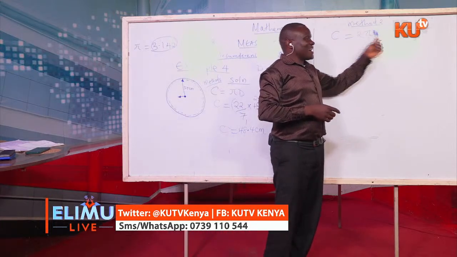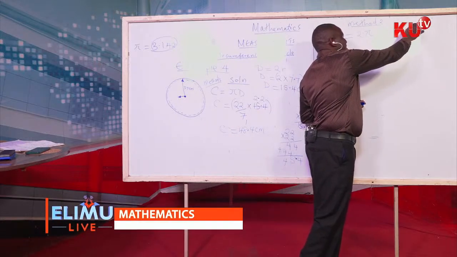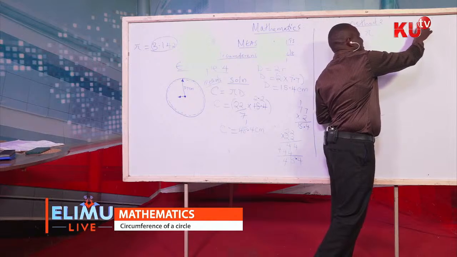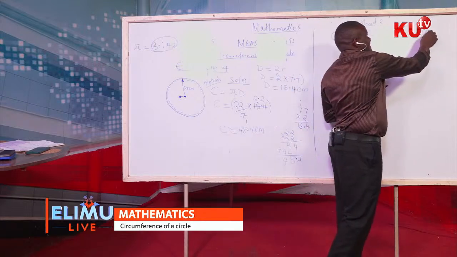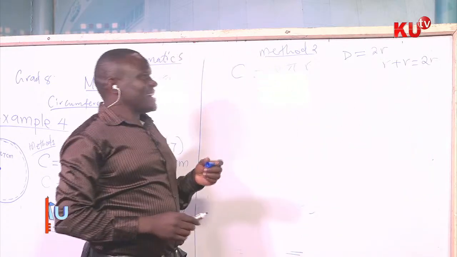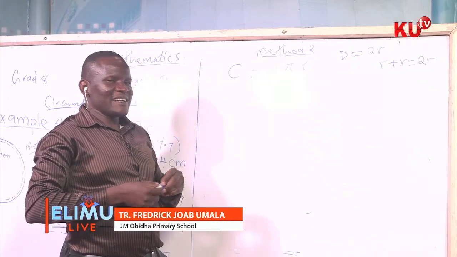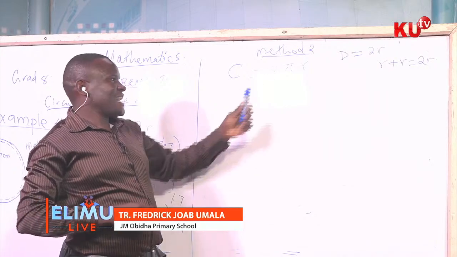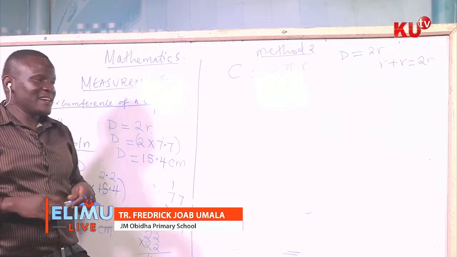Where is this 2r coming from? It originates from the formula that I gave earlier, that diameter is equal to 2r. Radius plus radius gives us 2r. And therefore, when you are introducing 2r in this formula, the number comes first. That's the reason why we shall have 2 pi r as the second formula that we are using